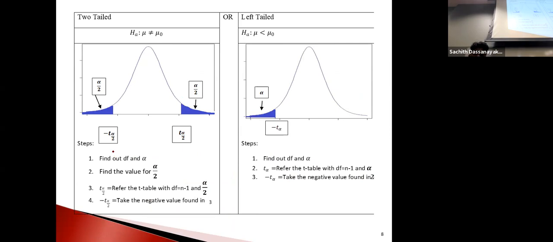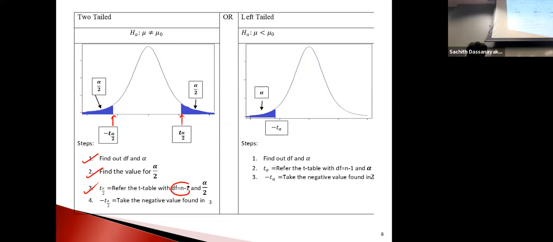Steps are pretty similar, I think. Let me consider whether you are using the p-value approach or the critical value approach. If it is a two-tail test, you know your alpha. First, figure out what the alpha is. Then find alpha over 2. After that, find the T alpha over 2 with degrees of freedom. Those two values are these values right here. One is positive, the other one is negative. Same case, positive and negative, same value but different signs.